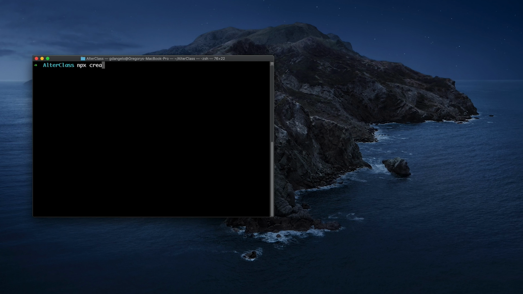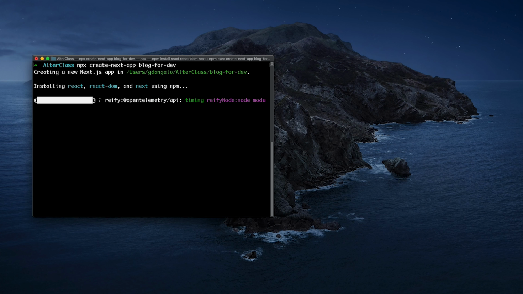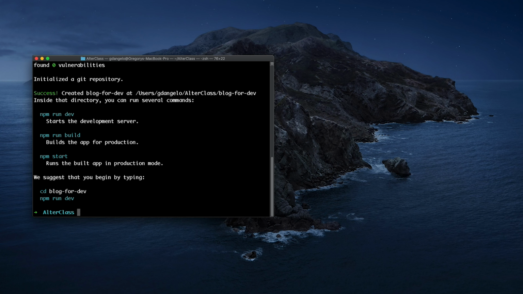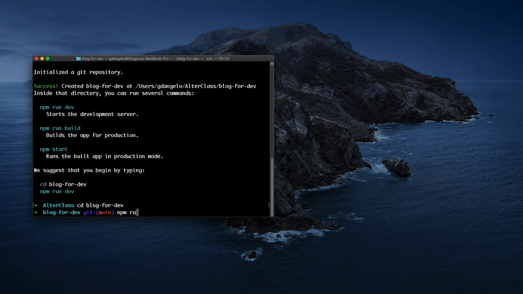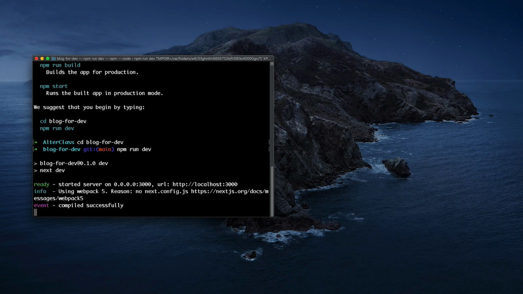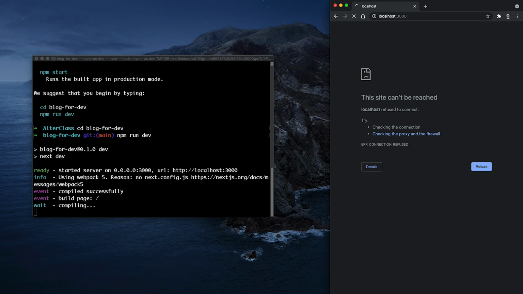Let's create a new Next.js app with npx create-next-app. And let's call it blog-dev. Once it's done creating the app and installing all the dependencies, we can cd into the blog-dev directory and run npm run dev to start up the development server, which is going to serve our Next.js application on